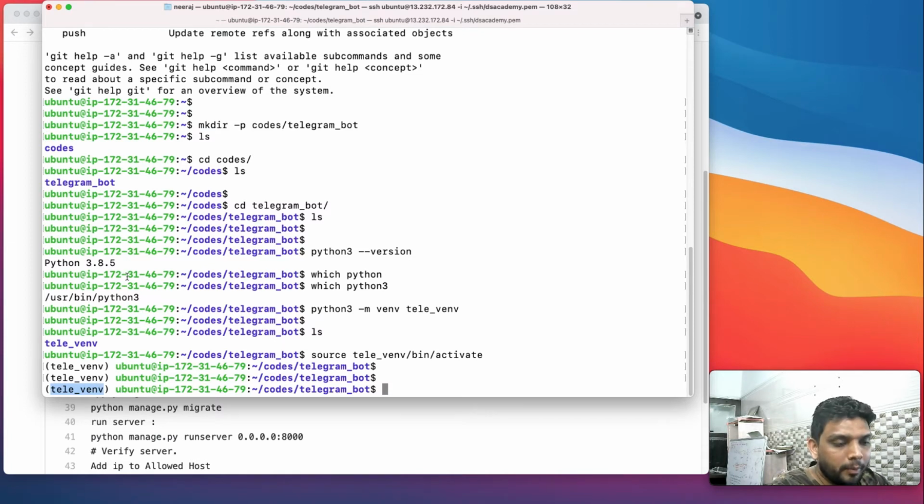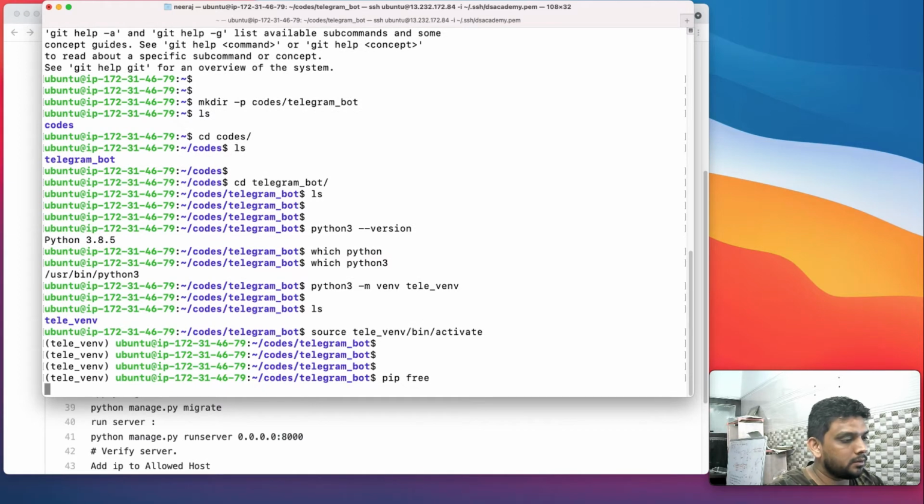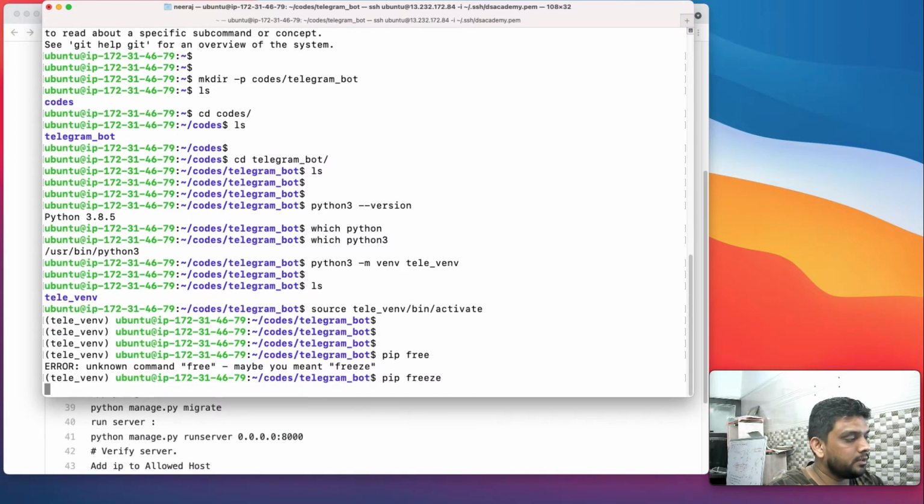Why do we need a virtual environment? Just to recap, we need a virtual environment so that whatever dependencies we are going to install for our particular project go to this directory, not globally. So it is a good habit to use venv. And just to check what we have, we can run this command, pip freeze. pip freeze is a command which just displays whatever is there in the venv. Right now we don't have anything, so it has not displayed anything yet, and it is empty.